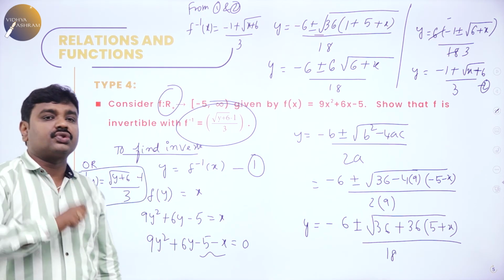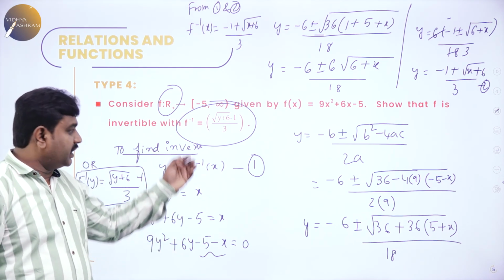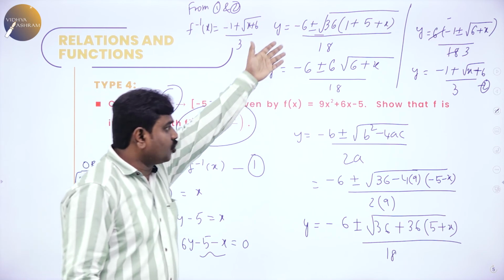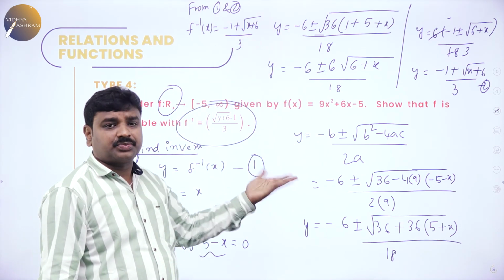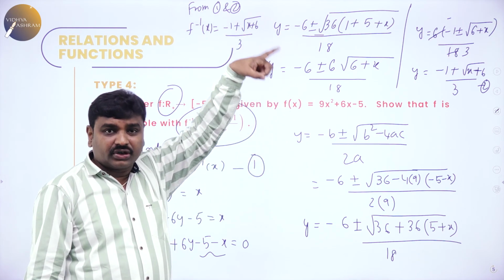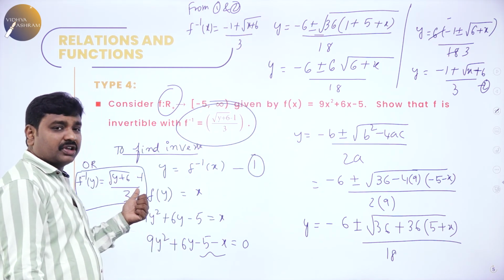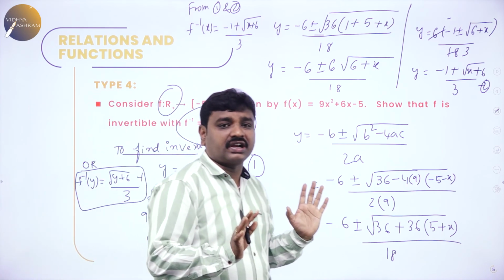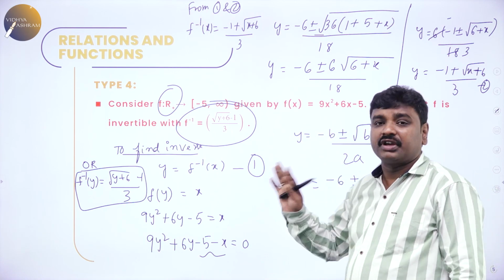I hope all of you understood this. So here quadratic equation, and onto we have done all steps. See, so many steps I have done, not required. To make you understand, I expanded all the steps, not required. Directly you can do. After you saw onto only x value we get root of y plus 6 minus 1 by 3, that you can write directly. So now I have concluded all the 5 mark questions.